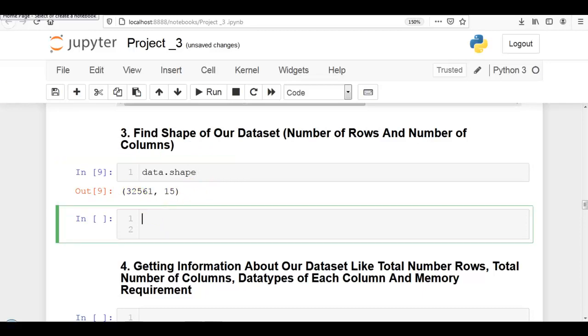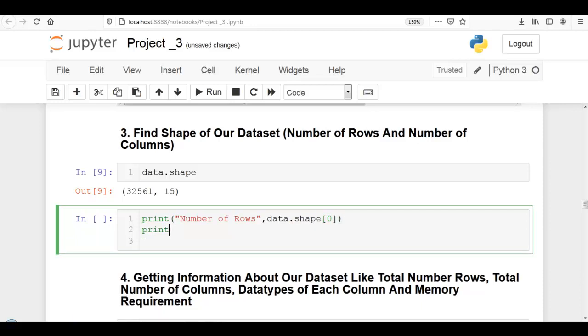Let me display it in a proper format. For that we have to write print number of rows, data.shape[0], print number of columns, data.shape[1].